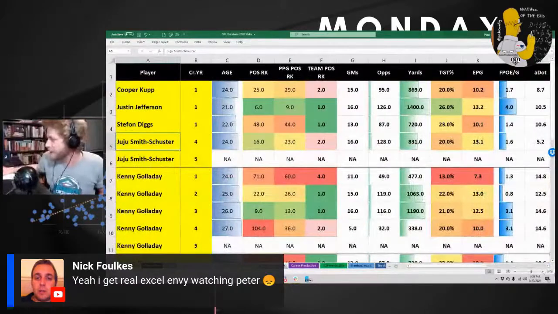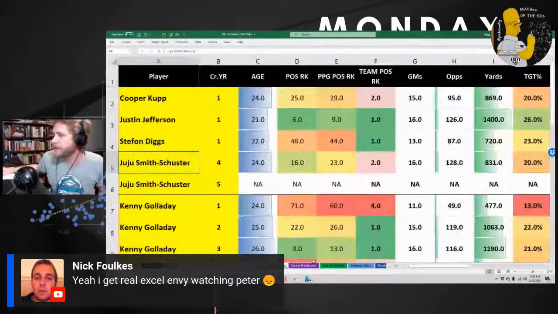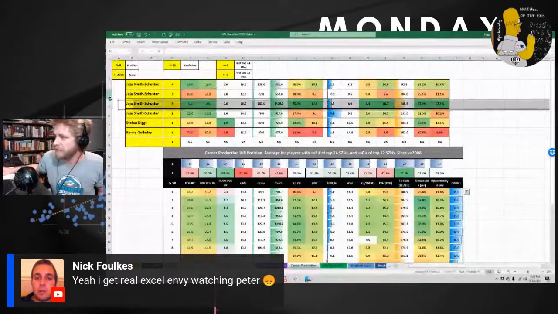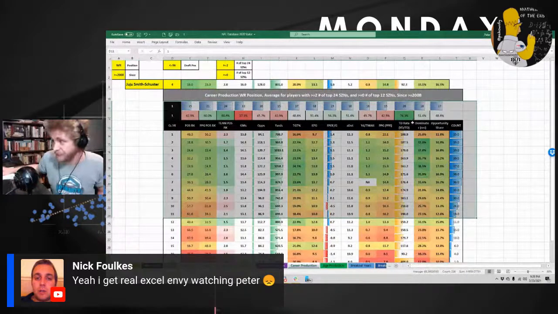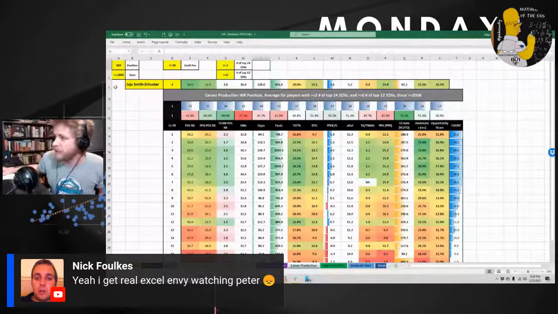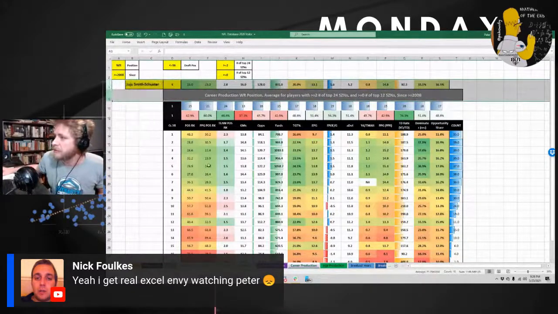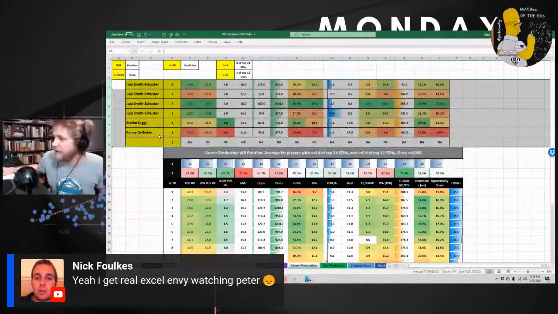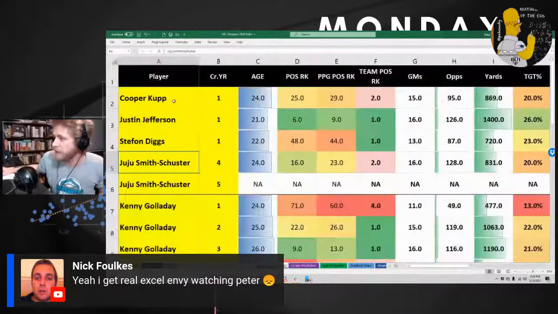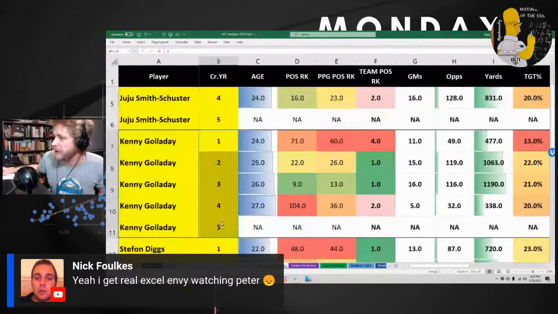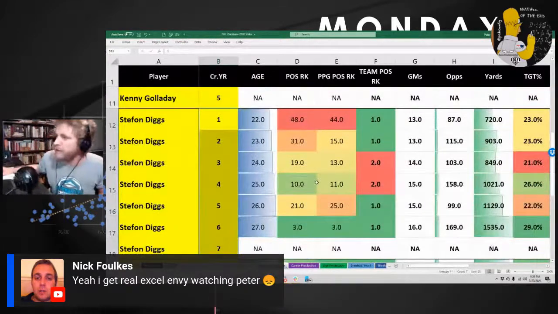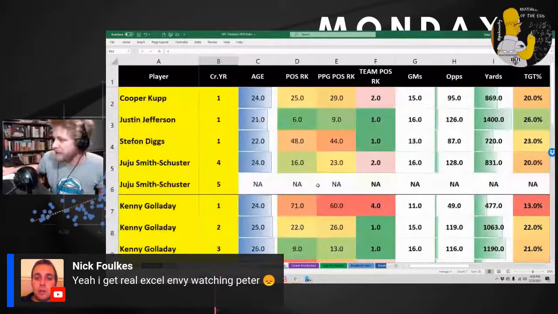Gonna flex my player comparison thing. This is actually the career production tab I've got, so you can pull up rookies and compare them to the averages of players with certain numbers of production seasons. I just took all that average out and expanded these examples. That meant I could pull up players in individual career years to compare more directly. So I could look at Kenny Golladay's career playing out and then Stefon Diggs. That wasn't what I wanted to do, but then I realized that was going to be a lot easier than creating a player comparison tool.